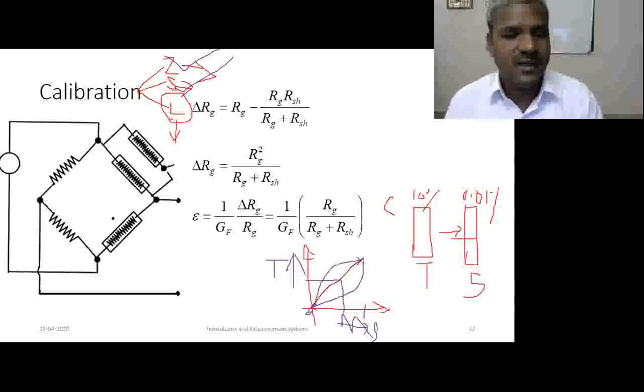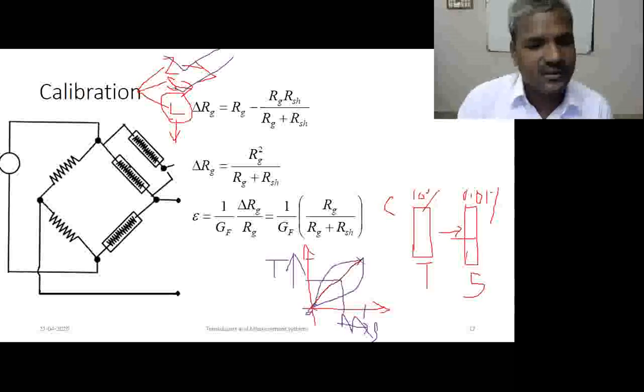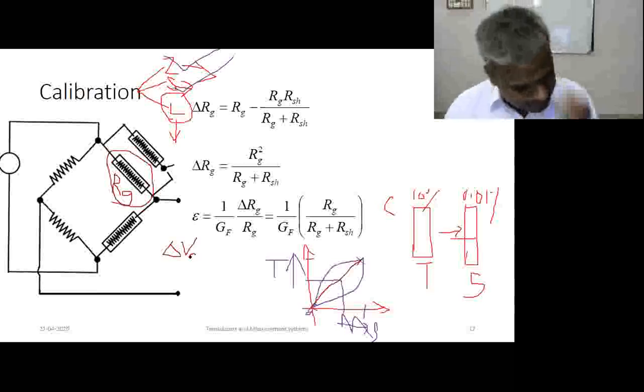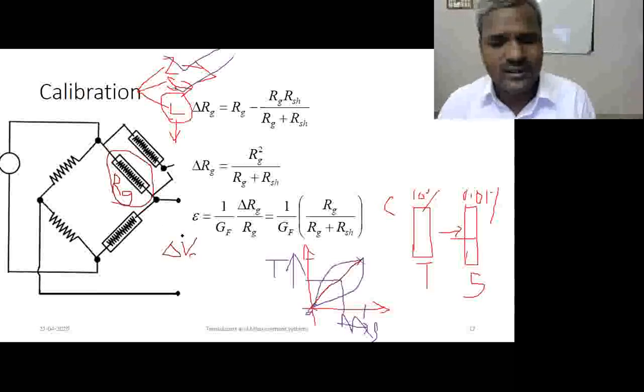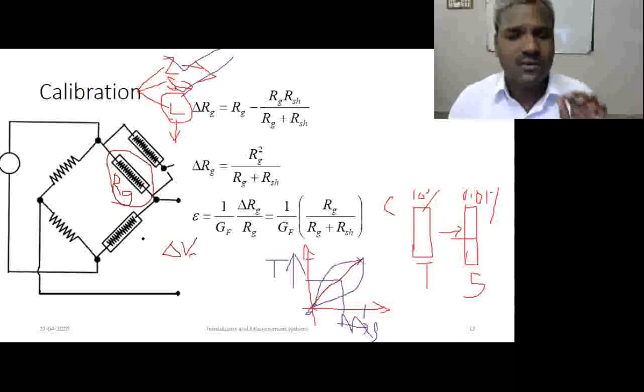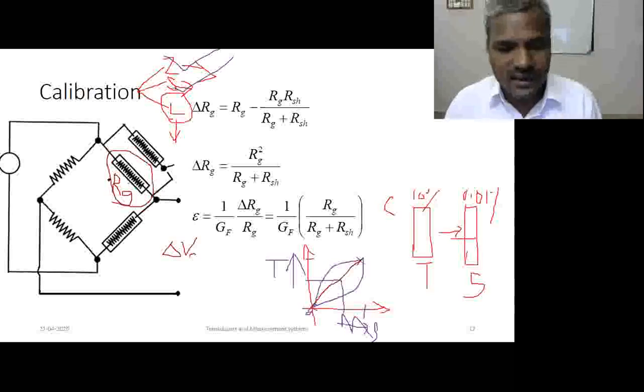This is the strain gauge bonded in the field. In this setup we are getting del V naught as output. This is a Wheatstone bridge circuitry. So how do we calibrate? Frequently we have to calibrate the instrument for better accuracy. So periodically we should calibrate the setup using a shunt resistor.